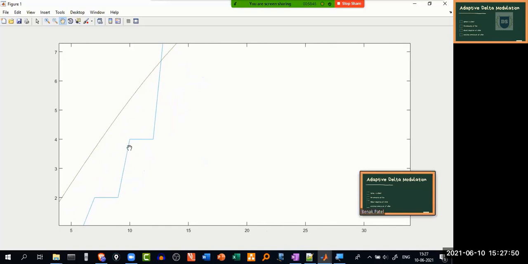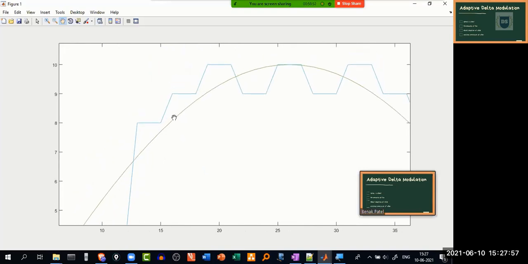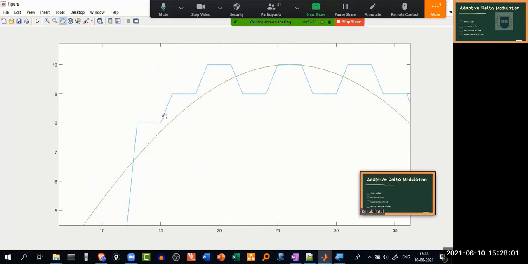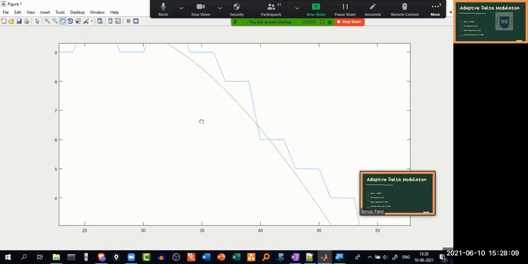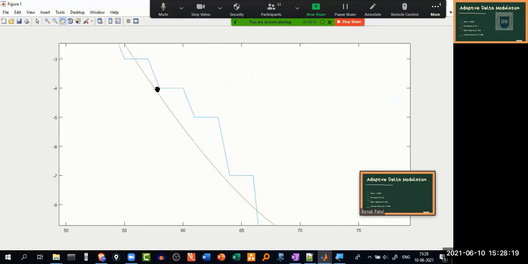You can see that the step size is changing by a large amount over here, which is evident. Because it's exceeding at this specific point, it is trying to decrease its step size. And when the variation between the sample values is very, very small, the step size is getting smaller and smaller.